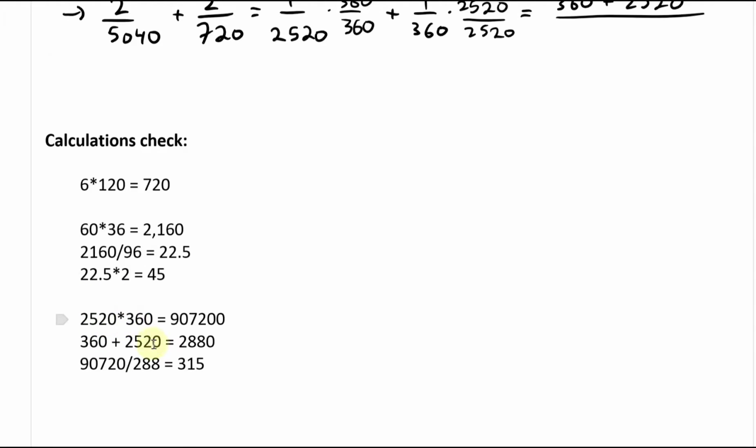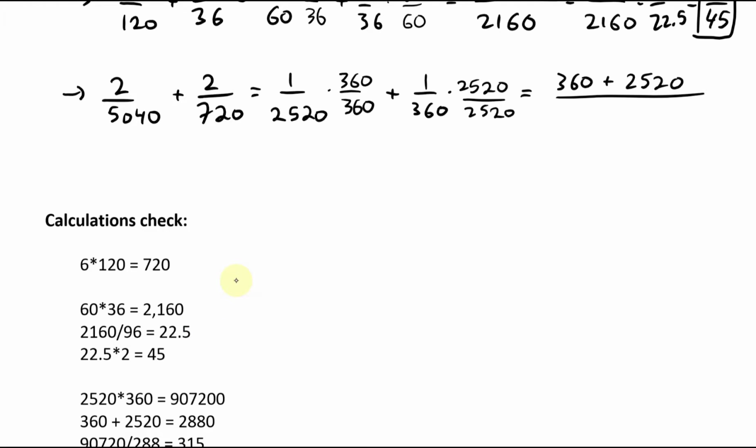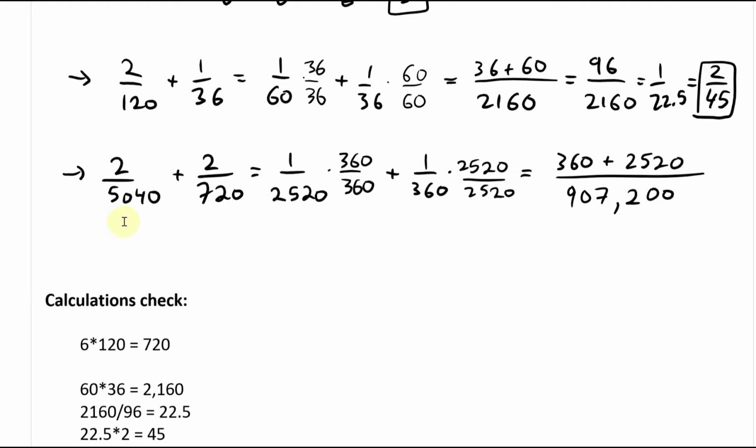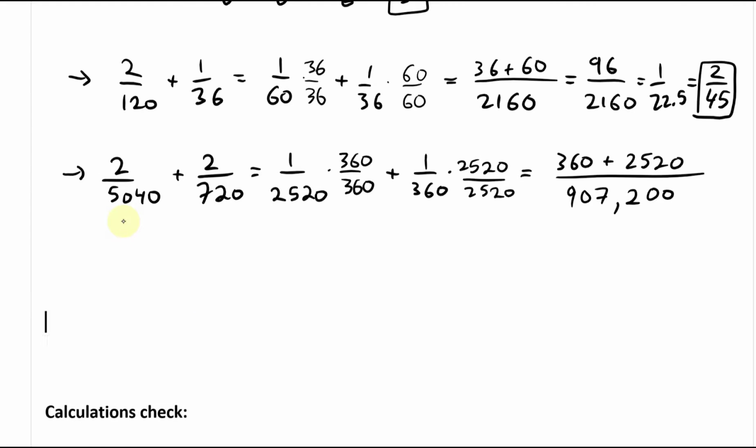2520 times 360 equals 907,200. Let's write this one out: 907,200. And then those add up: 360 plus 2520 equals 2880. So this equals